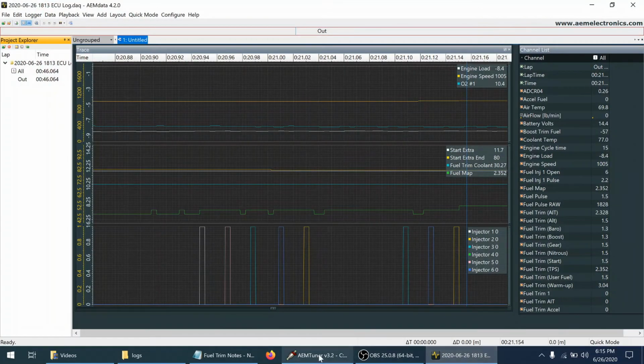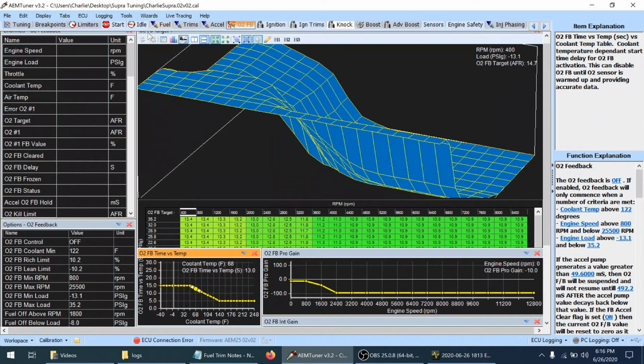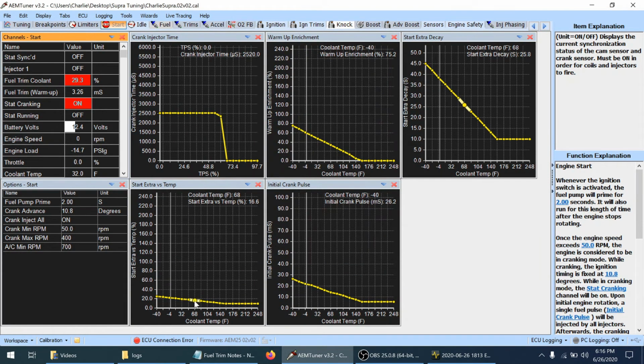So I'm gonna go back to AEM Tuner, and I'm gonna go to the Start tab, and I pulled out fuel here, and this is starting to get down pretty good. This is at 15%. So I'm gonna cut a little bit from this table as well. This is the other one that can adjust it. Really, it's these two tables, and this is at 34%. So let's drop this down,